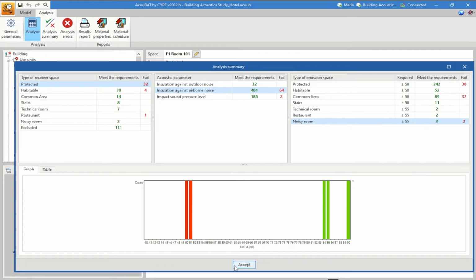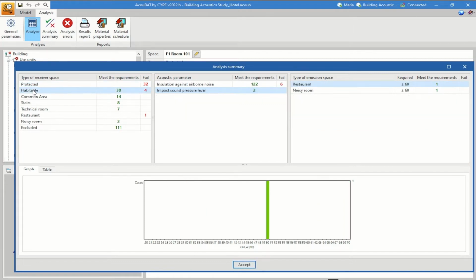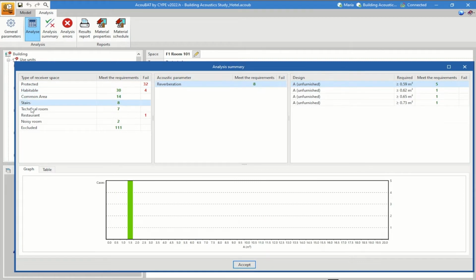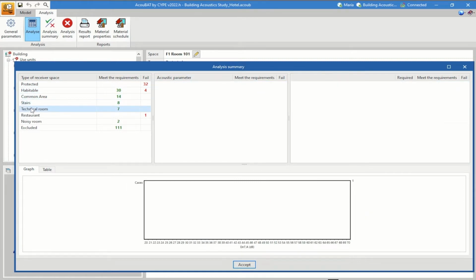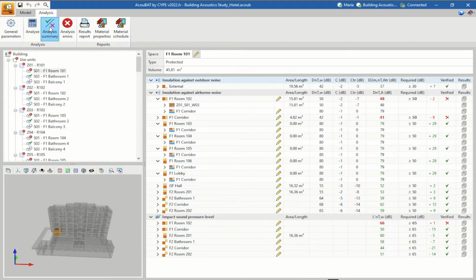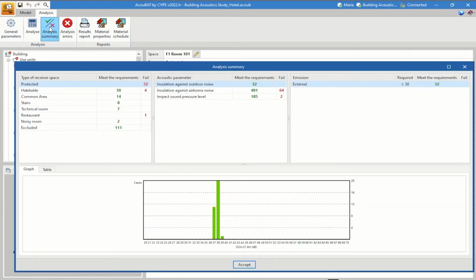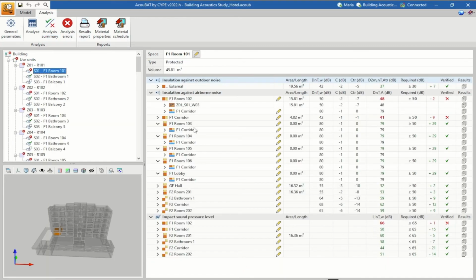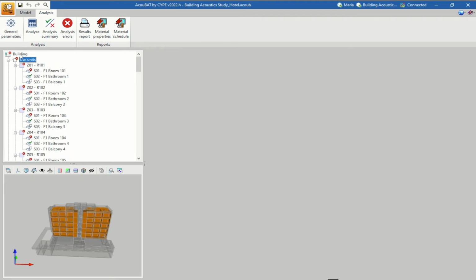Okay, so one thing that I think is interesting, as you can see, I also have the possibility to search depending on the type of receiver space. One thing I want to say is that this analysis summary can be consulted anytime. You can press this button and you will get the window with the new results. Okay, but you might be asking, are there other ways of seeing the results of the different calculations? Yes, of course there are other ways,